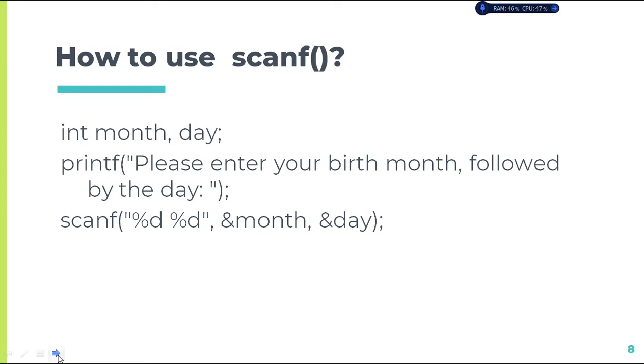Like you have to specify your format specifiers first, then you have to give a list of variables. You have some format, and you must follow that format to read or write something from your keyboard or onto your monitor. Because of that, these are said to be formatted input and output statements. In my next video I'll explain what the unformatted input output statements are for reading and writing purposes in your C programming.